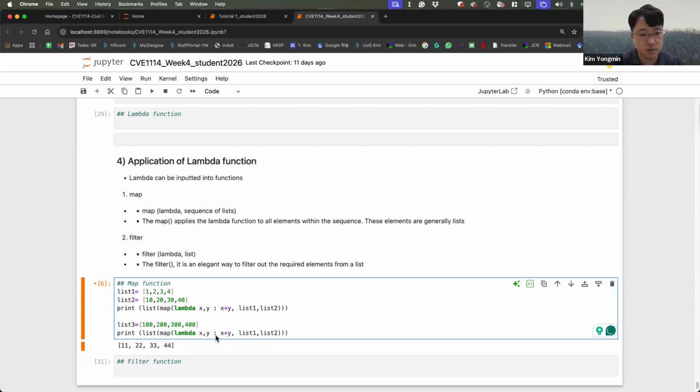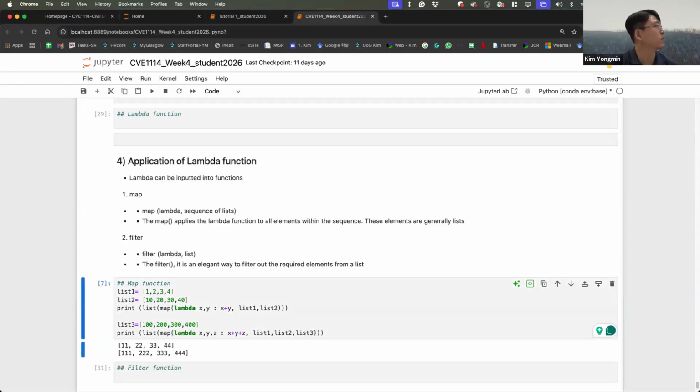I put x, y, z and plus z, add up list 3 at the end. Mapping their numbers if the variables are in certain lists.